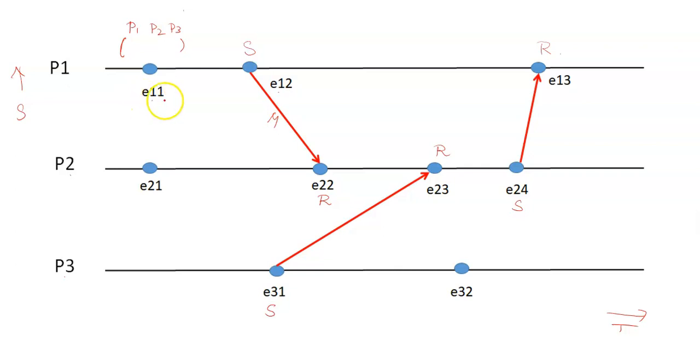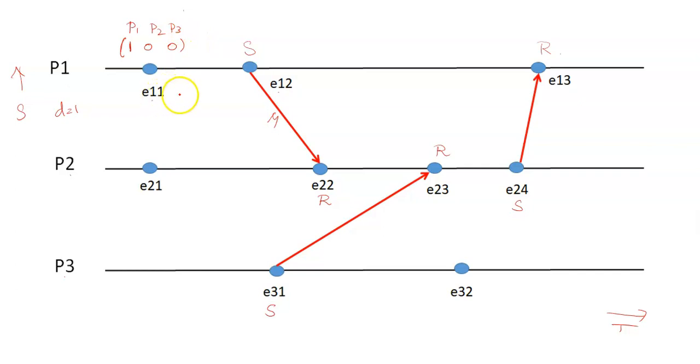Now, since E11 is the first event, here also let's assume D is equal to 1. Here E11 is the first event of process P1. There are no other events before E11, so this takes the initial timestamp value. Here, on filling up the values, because E11 belongs to P1, you have to put 1. The rest of the places should be 0 because E11 is not an event of P2 or P3.